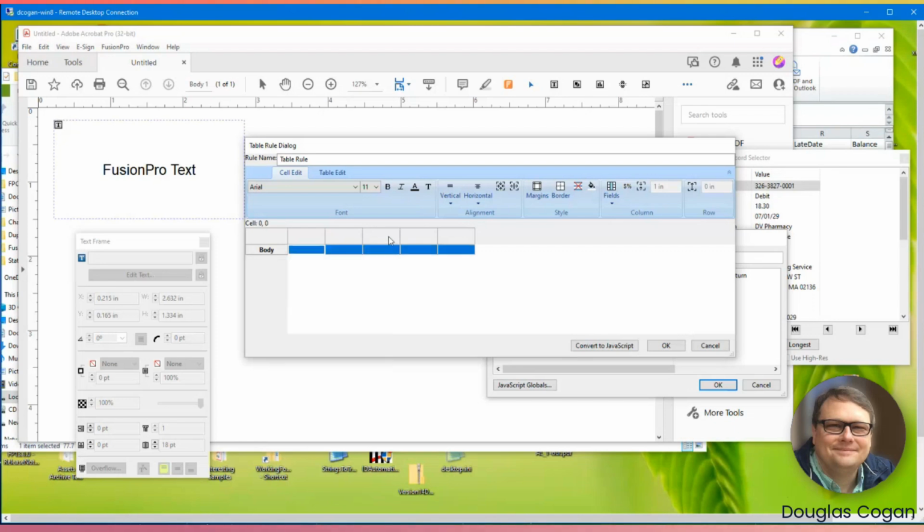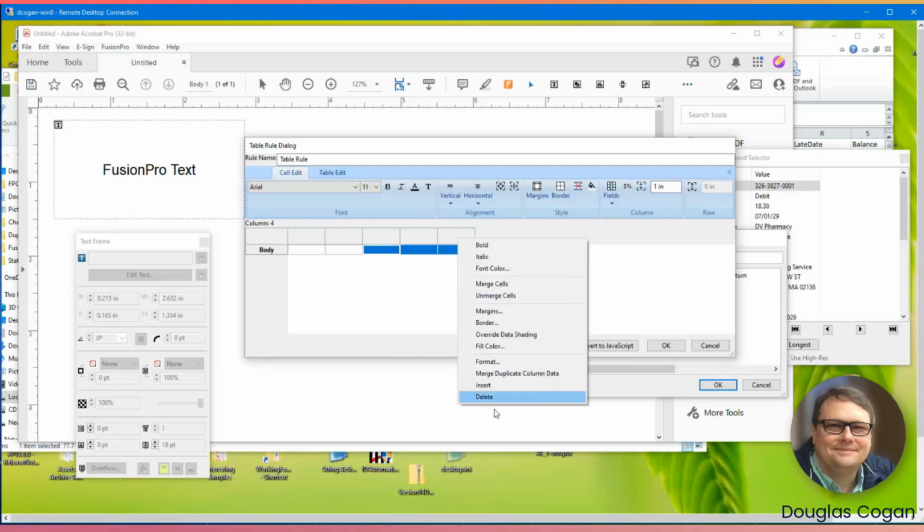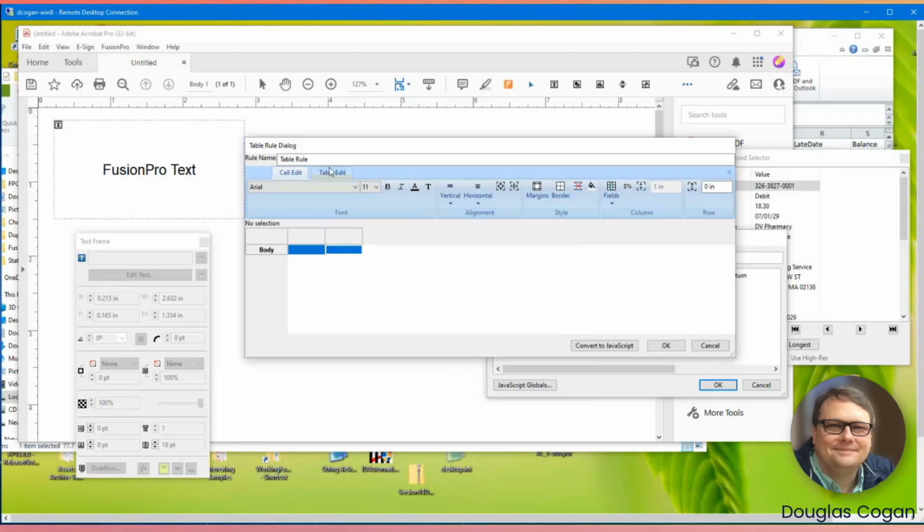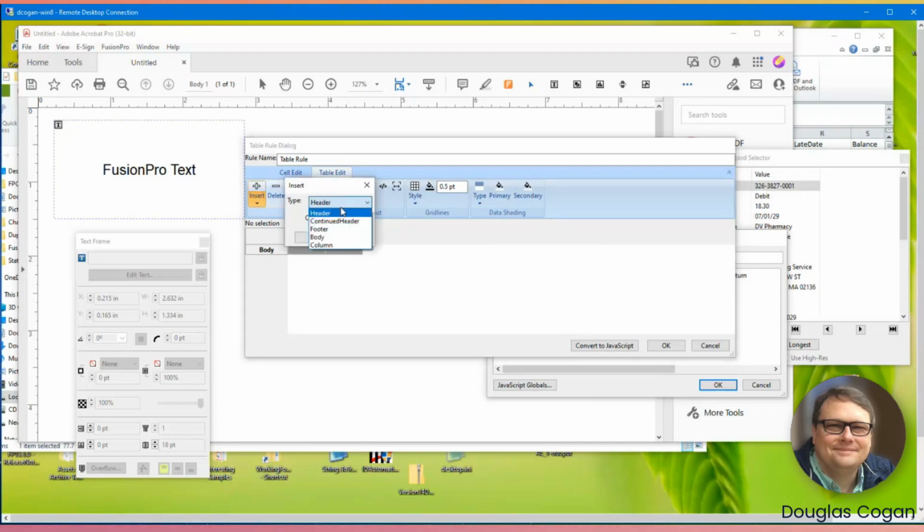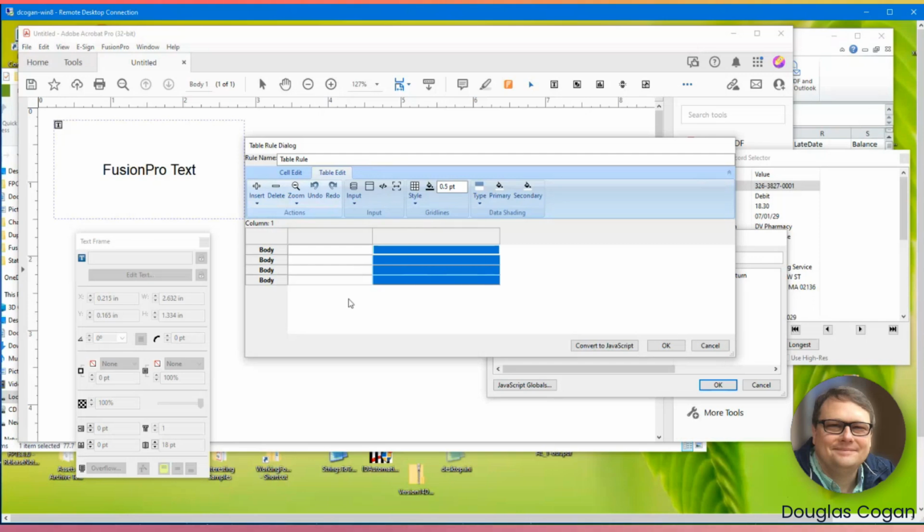So I can say I want to just delete these 2, and I want to delete these 3 columns. I only want 2. So I held down Shift there and pushed that to select 3 columns. I'm going to say I want to delete these 3 columns like that. And then, so this table GUI has 2 modes. I'm editing cells, and here's the formatting that applies to individual cells. And here's a formatting that applies to the whole table. And here I'm going to say I want to insert 3 body rows. Now I've got my four rows and two